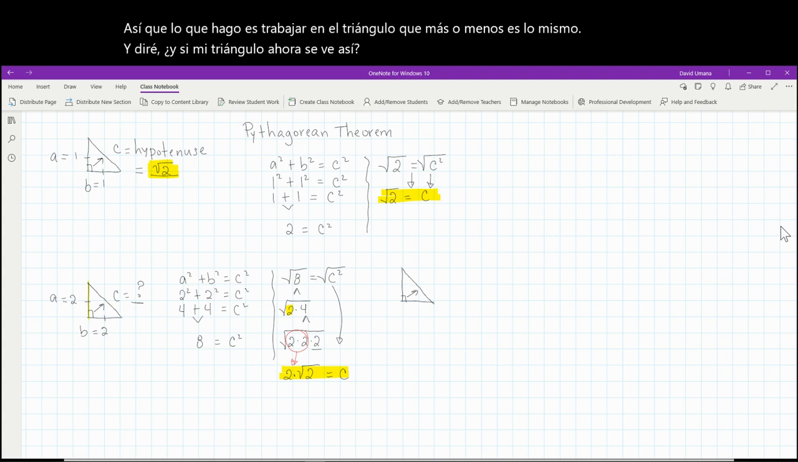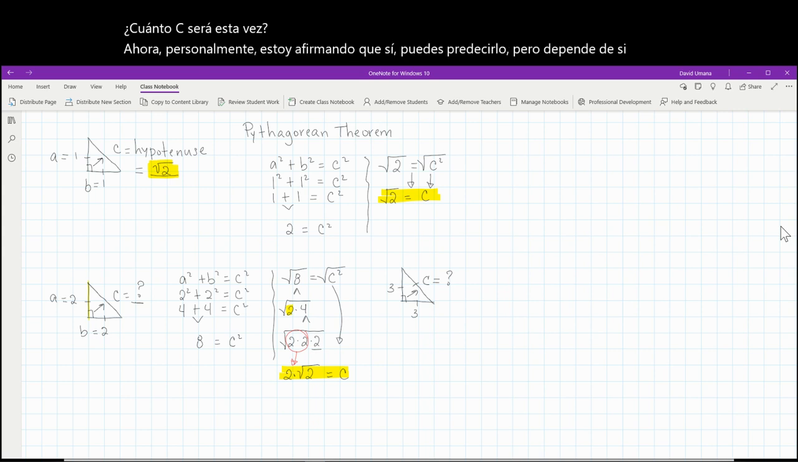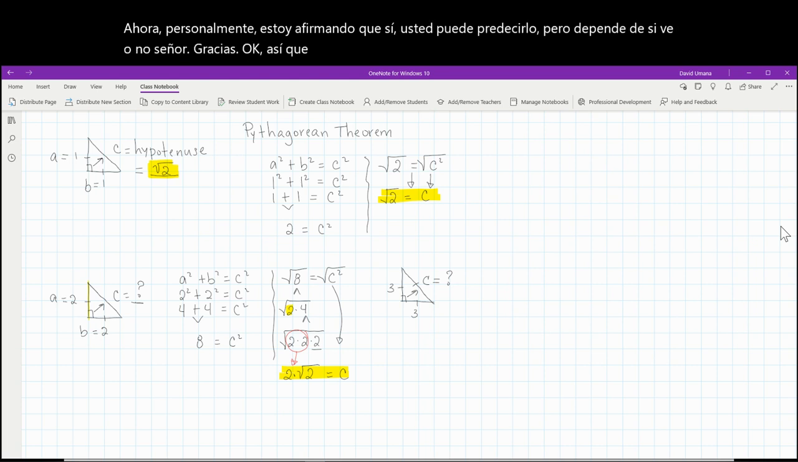But I conveniently call that 3 and 3. Can I predict how much C will be this time? Now, personally, I am claiming that yes, you can predict it, but it depends on whether or not you see certain things. Okay? So I don't have anything else to use other than the Pythagorean theorem, so I'll rely on